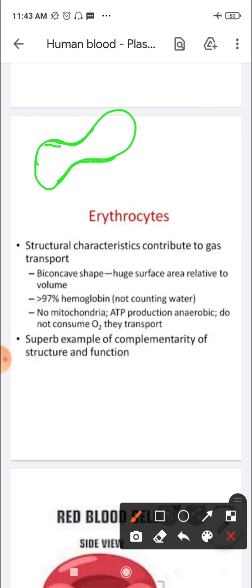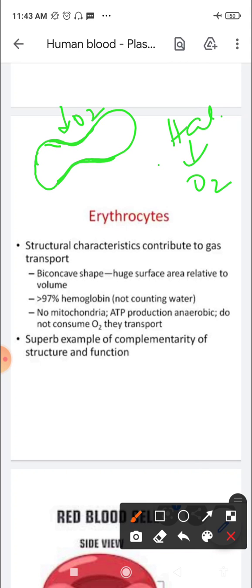This also gives a look of a dumbbell, right? Now what happens is that this gives a huge surface area for oxygen to be carried. The mature red blood cell does not have a nucleus, right? So it is not nucleated, there is no nucleus that is found in mammalian RBC, right? So this helps to accommodate the maximum amount of hemoglobin, and it is the hemoglobin only that is able to carry